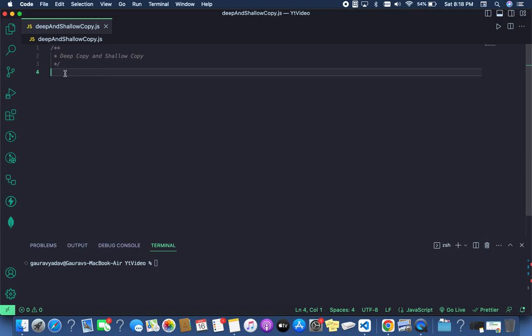So for that we have to create one object. Let us understand with an example how the deep and shallow copy work. Based on that we will see how the copying of the object works. We'll see how the object reference works, and in order to make the deep copy and shallow copy, let's create one object. Okay, so I will create one object as employee details,